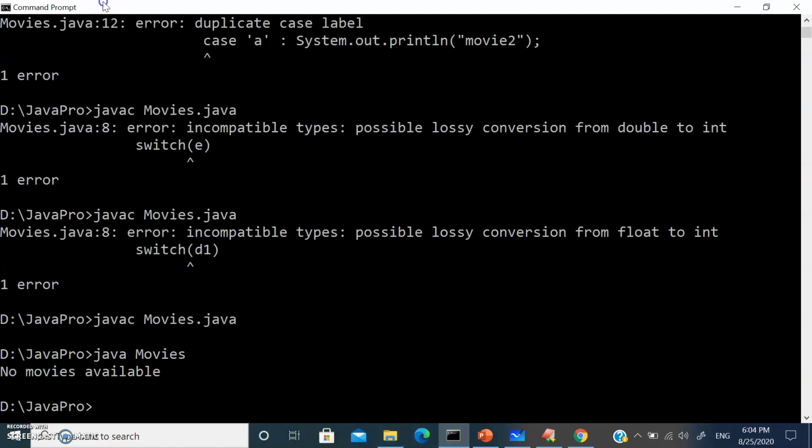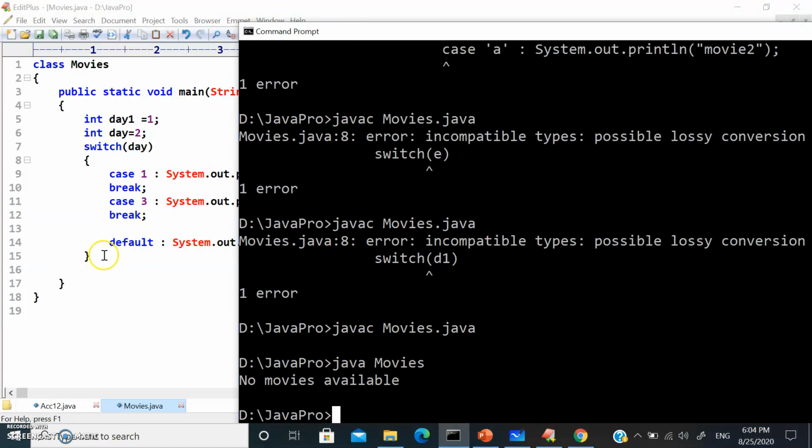See, if none of the cases is matched, then it goes for the default case in the switch statement in Java. So this is how your switch case is going to work. Coming to the cases, you can have numbers, you can have characters, but you can't have decimal values in the switch statement. This is how your switch case works in the BookMyShow application, or if you want to buy any products, wherever you use the search button, it takes you to one respective product, right? In such scenarios, your switch case would be used in real-time applications.